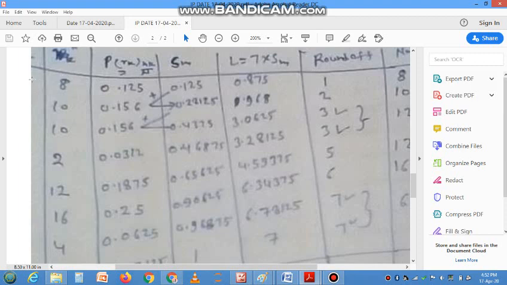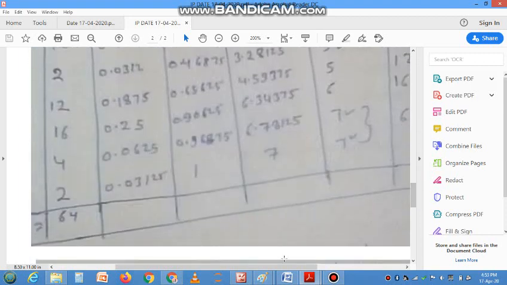It means if the gray label is 0, nk will be 8. If the gray label is 1, then nk will be 10. If the gray label is 2, then the value of nk will be 10. If the gray label is 3, then the value of nk will be 2. So small nk represents the number of pixels at the kth gray label, and what do you understand by capital N? Capital N here represents the total number of pixels.